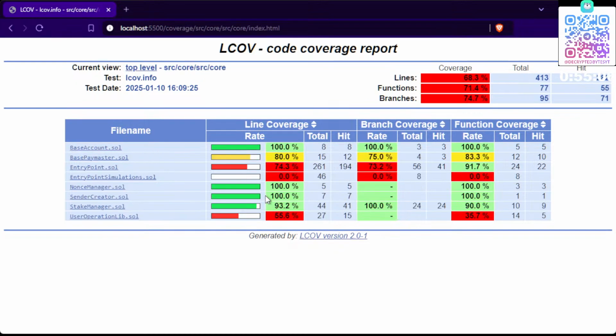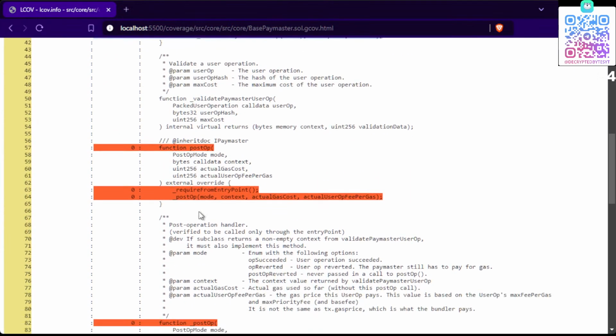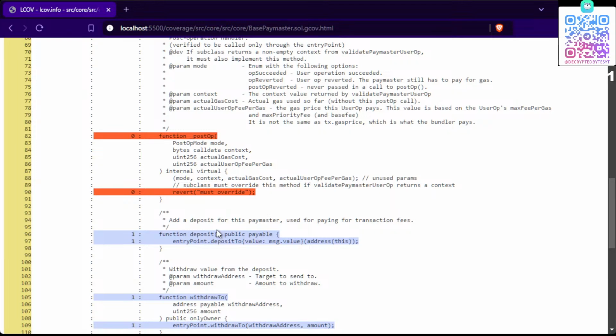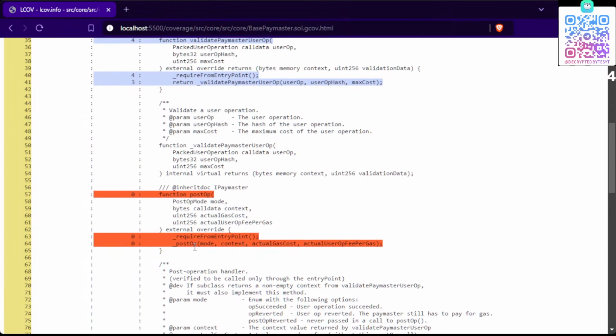Okay, here we have core. Main issue is in the base paymaster. Okay, post op, that's the part, right? Must revert. That works. We can just call this part and check if we get this error. And here post op. Yeah, we can cover this. It's not an issue. Let's go back,